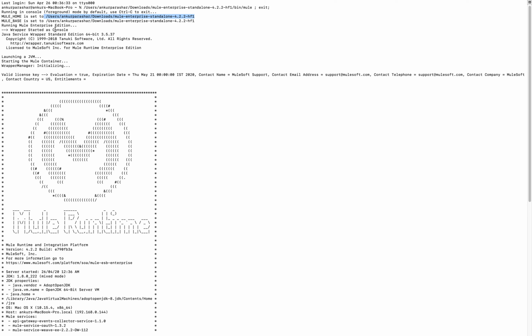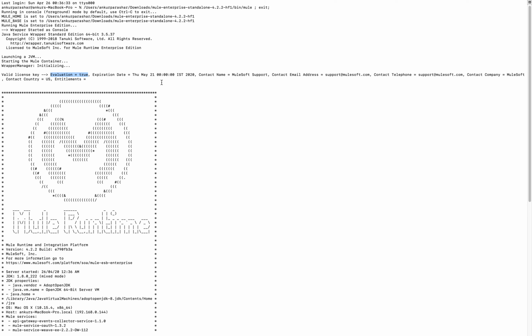Along with that, it will start the wrapper service, setting up the Tanuki wrapper on top of it, and it will initialize the Mule runtime. Along with that, if you can see, it will look for the licensing keys as well. So you will be wondering why it is showing evaluation equal to true.